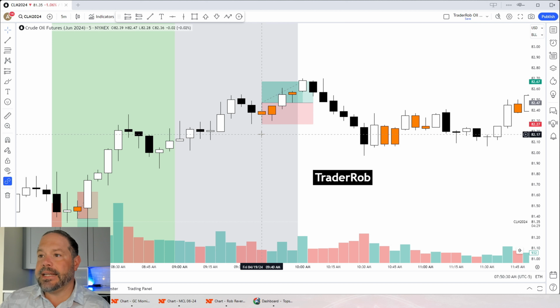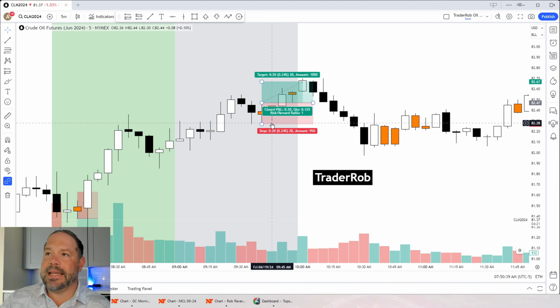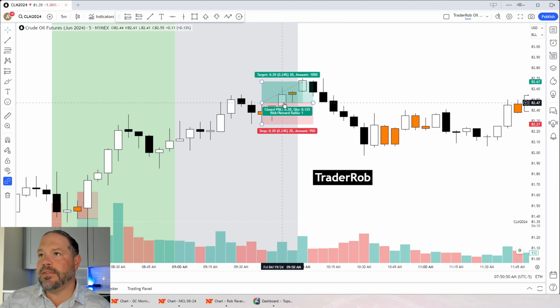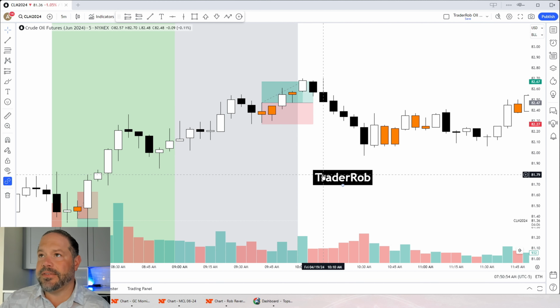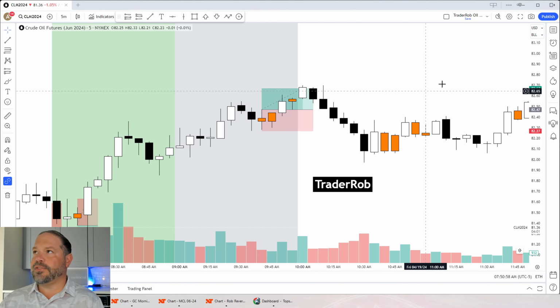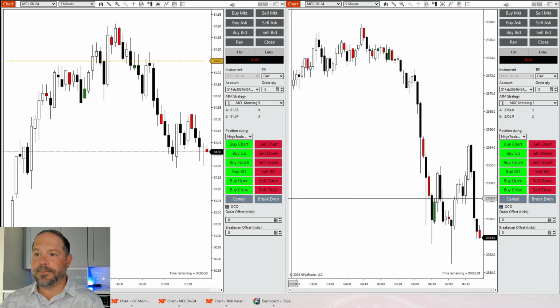Session 2, we got an inside bar at 9:40, net close 9:45. We then get a second inside bar. Remember, your entry for your short and your long order stay on the original inside bar. We still use the bar to the left as our source. We get activated into this on this candle right here at 950, close 955. And this went for full take profit, 20 ticks. Nice trade in oil session 2.